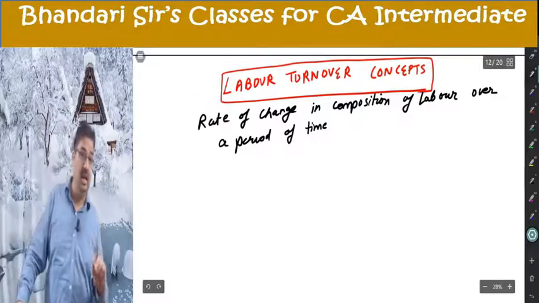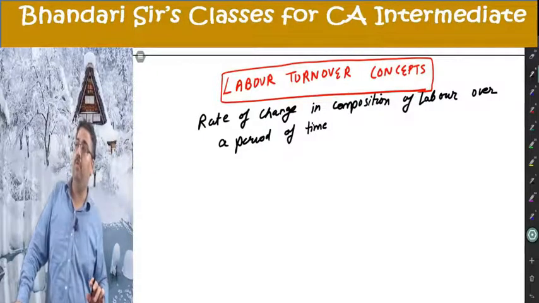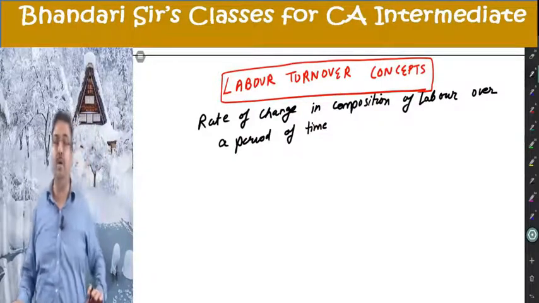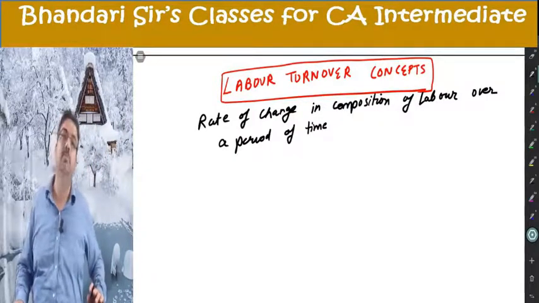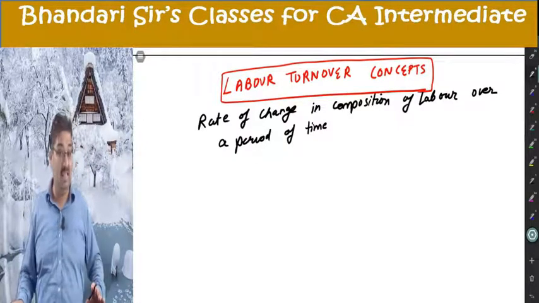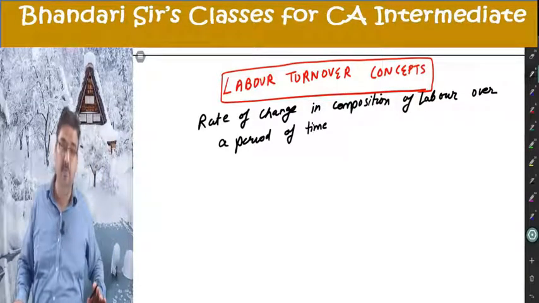Now, changes in labor, is this good or bad? Today, 100 people are working, manufacturing a product. Next day again, 100 are manufacturing, but they are different. They are not the same. Somebody else is doing the same job. Will need training. Will need recruitment. Will be doing more wastages than the earlier experienced people. Again, if they change, more cost. So excessive turnover is not good. High labor turnover is not good.